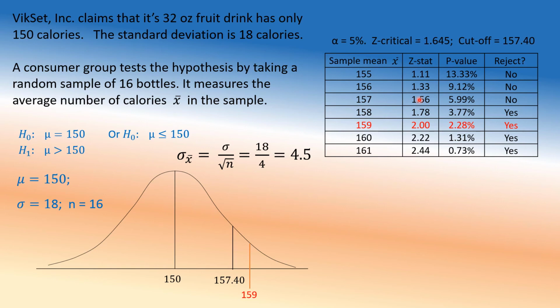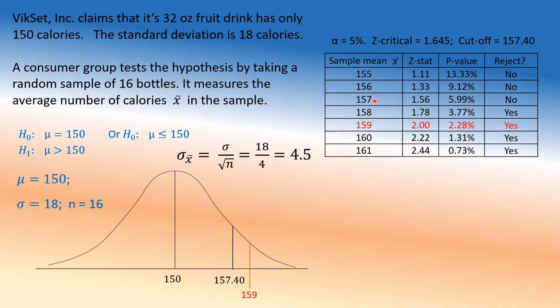Now instead of Z, it could have been T if you had a T table. T stat, T critical. Or F stat, F critical. So really, Z, T, F, chi-square doesn't really matter. It's always the critical score versus what you get. So really, once you get the concepts clear, it's all the same after that.